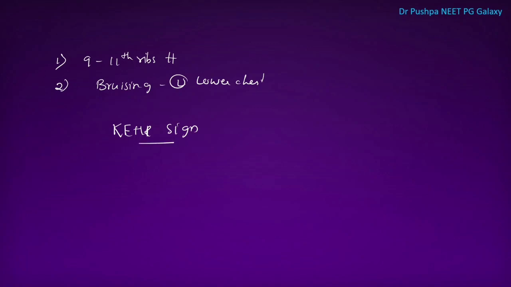If left lower limb is raised, the blood accumulates beneath the left dome of diaphragm, which irritates, and the referred pain is seen on left shoulder tip. So this is called as Kehr sign, usually seen in splenic injury, and there is something called as balance sign. These are the signs seen in splenic injury.